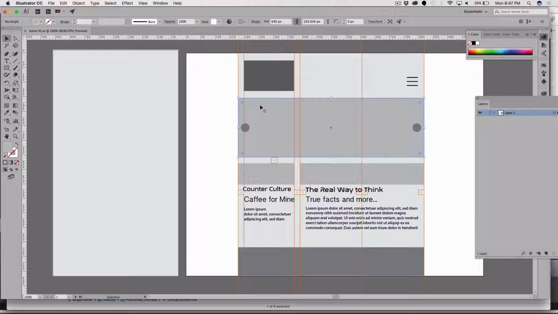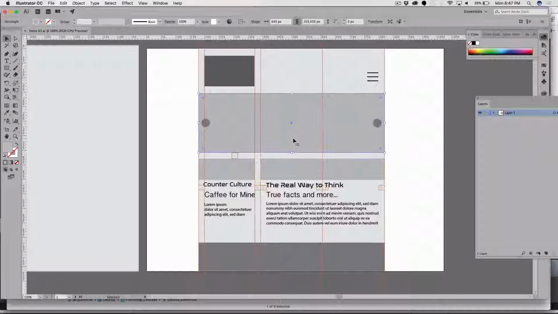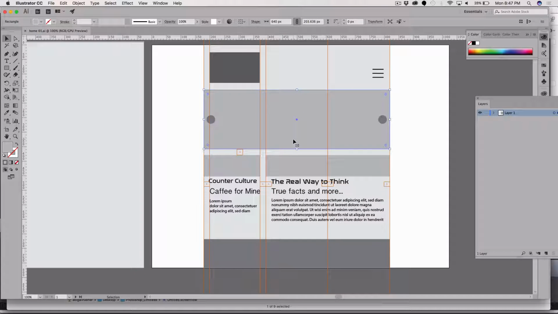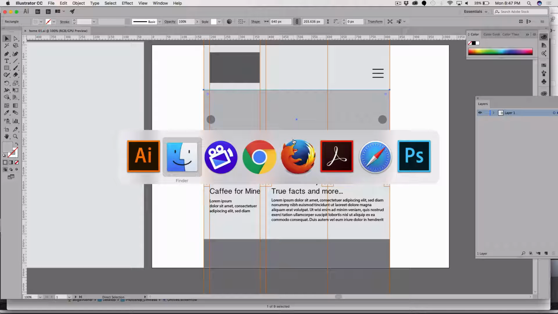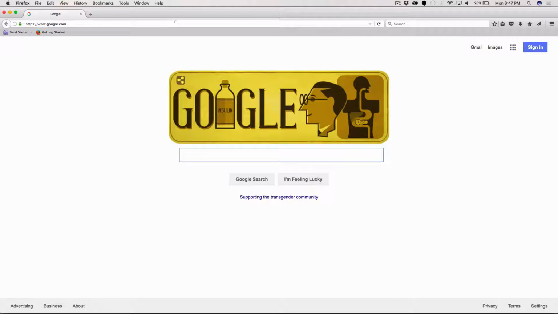If I select a shape here and I take a look at the width of this shape, I designed this particular width at 640 pixels wide. So this is designed for the least common denominator monitor here, but that is not necessarily the width that you'll want to do. One of the things that you can do, and I would advise doing, is if you are looking at one of your beloved links that you shared with me earlier today,